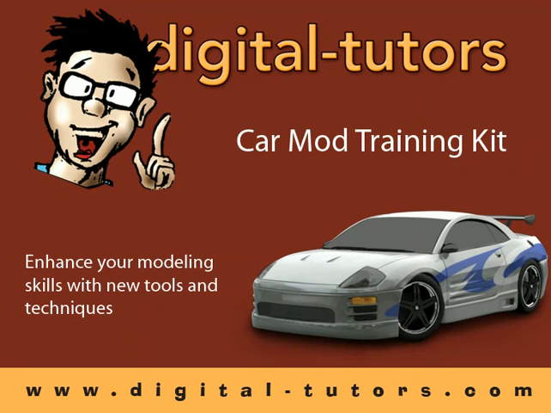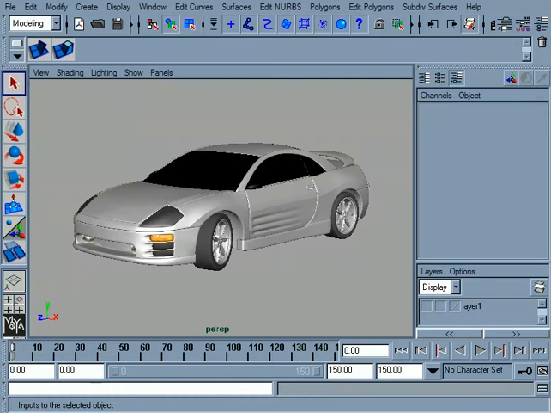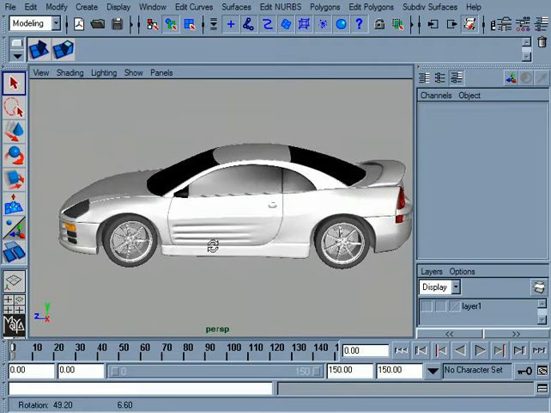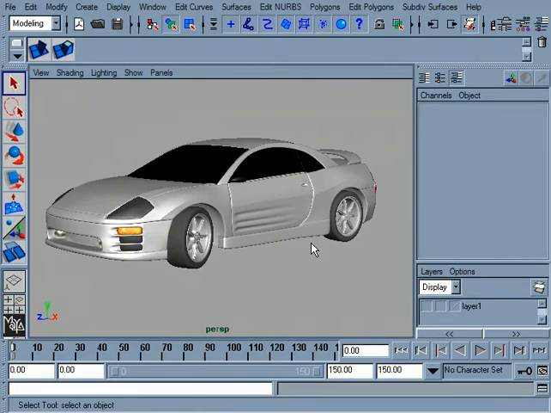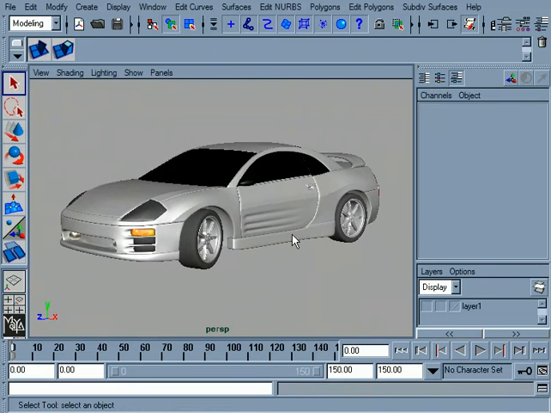The first step to starting the construction of our car mods is to get the new image planes loaded up. Once we have these image planes in place, we'll go ahead and get started building the spoiler that's on the back of the car. Okay, so here's the car that we wound up with at the end of the photorealistic car modeling kit. Okay, so as I said, the first thing I want to do is get our new image